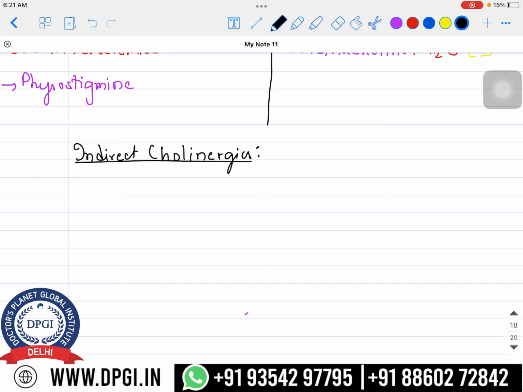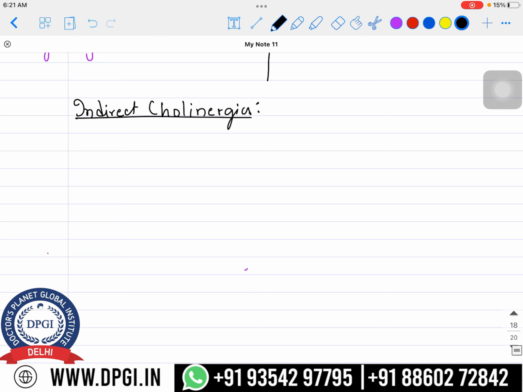The concept is very simple: they block the acetylcholinesterase enzyme, those scissors, so it will not be able to cleave down the acetylcholine. That increases the population of acetylcholine in the synaptic gap, so more acetylcholine will be able to bind to the receptor and show the effect. So which kind of drugs can we talk about here? First of all, that is the organophosphate, guys.